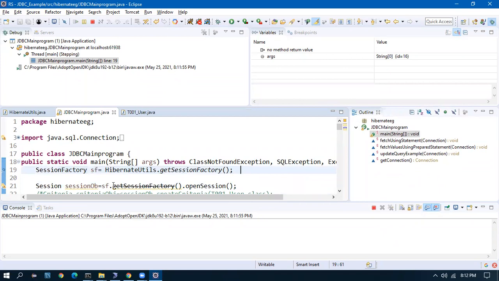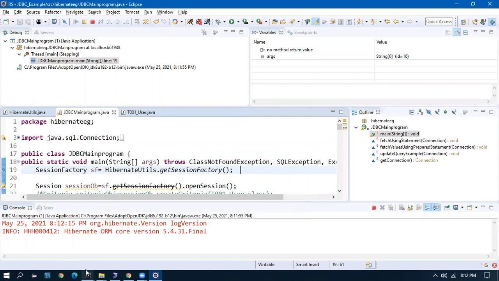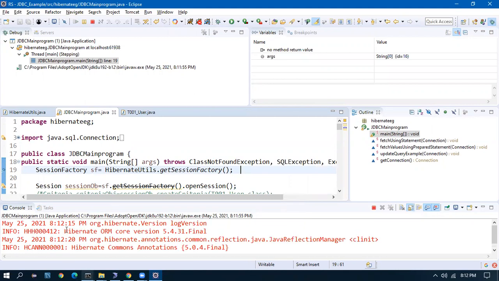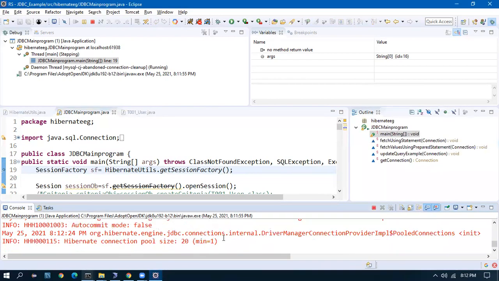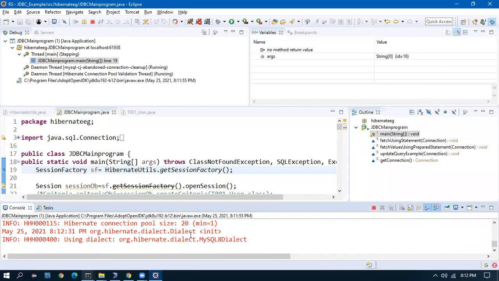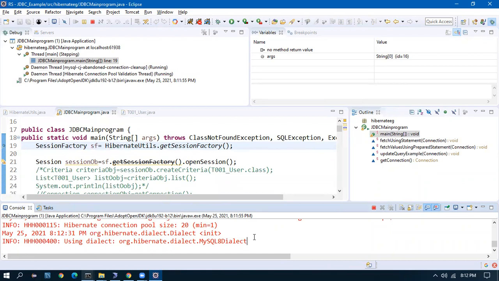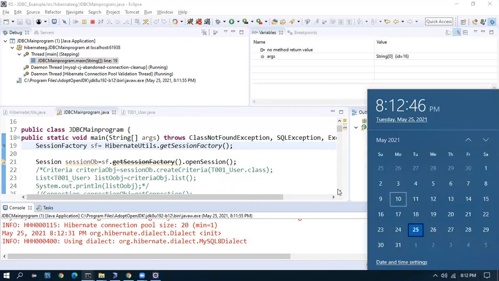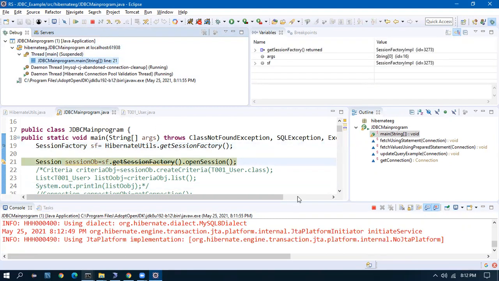It is building. You see here, the building of the session factory takes some time. Not even 15 seconds, like 5 seconds it started. It is still building, still building. Still, now only it has come.